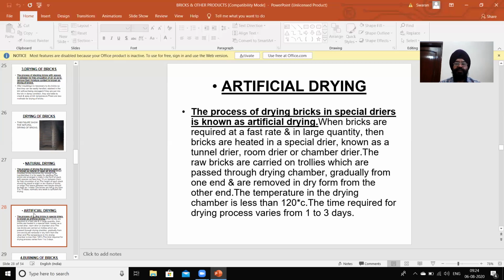The temperature in the drying chamber is less than 120 degrees centigrade. The time required for the drying process varies from 1 to 3 days.